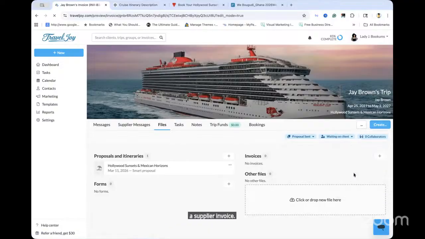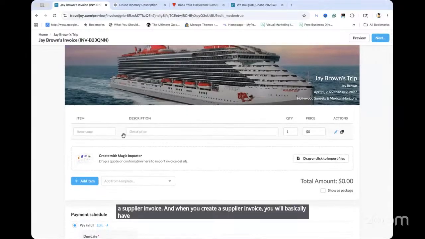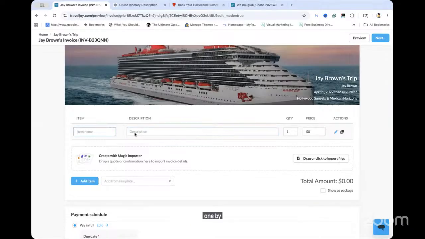And when you create a supplier invoice, you will basically have to come in here and just put that information in one by one. So you could put cruise and then put whatever they get with the cruise,